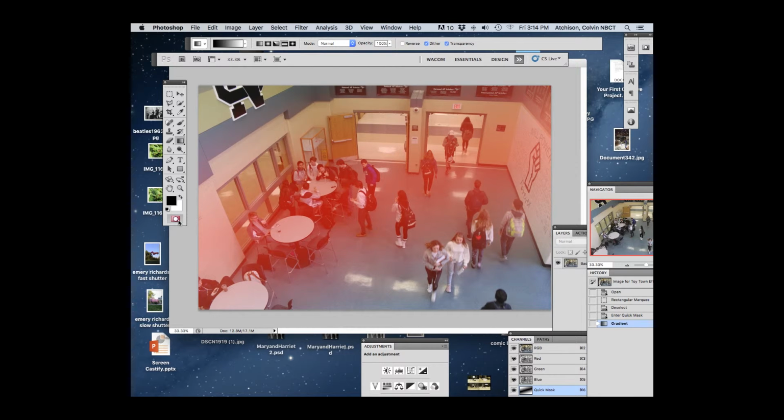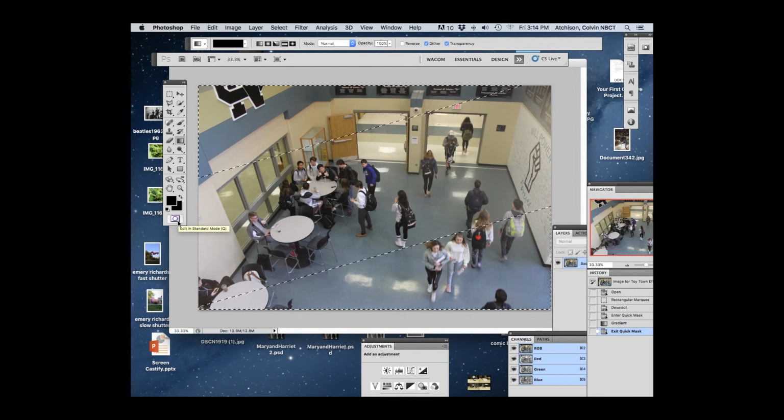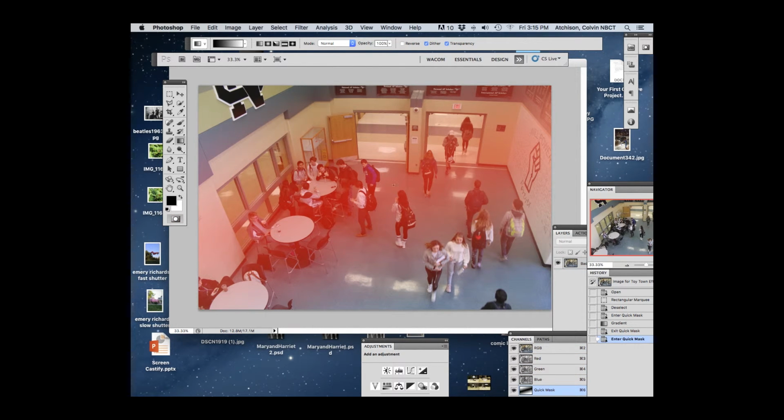And if I come back out from under the Quick Mask mode, there it is. These areas are selected. This area in the middle is not. Remember, in Quick Mask mode, areas that are red are selected. Areas that are normal colored are not. Well, what about these areas in between? What happens here? Well, if we apply this filter,